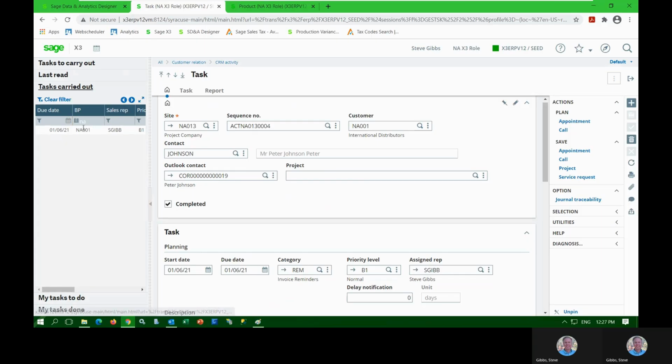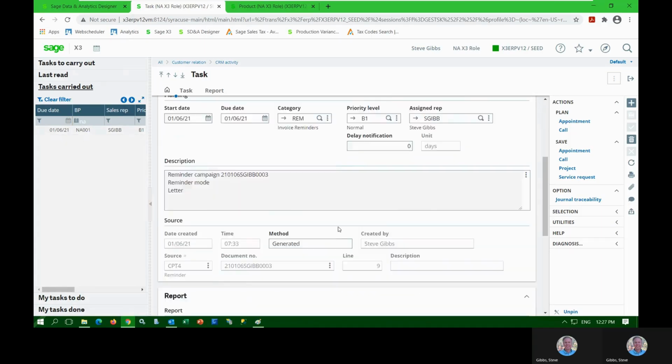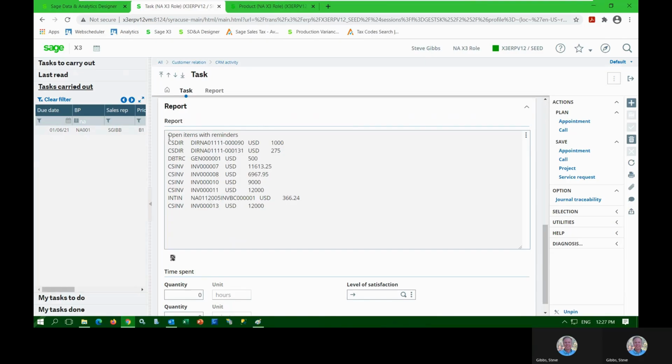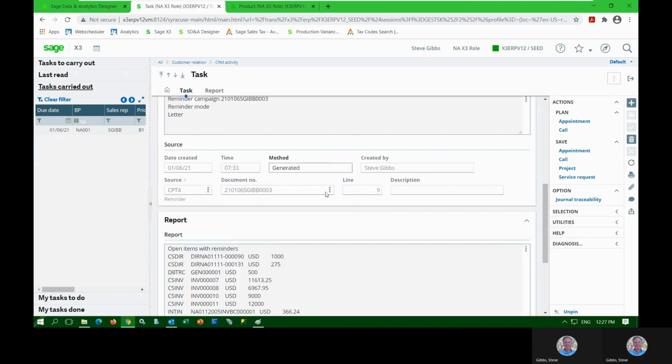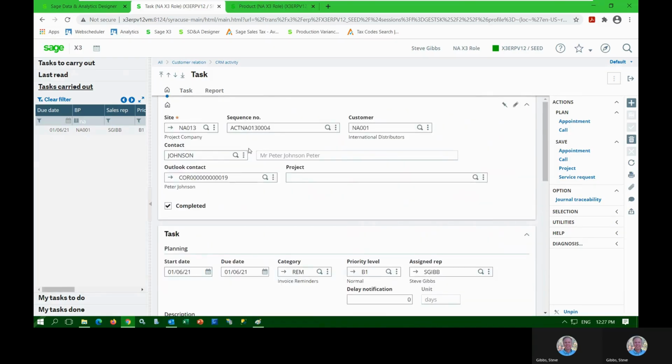Let's go ahead and find a customer. Here's a customer where we have done a past due invoice campaign. Here's different reminders that we sent the customer. And if we wanted to, remember, this is in CRM. It's tied to the customer here. So there's a relationship between this record and the customer, International Distributors, and the sales rep has full visibility into